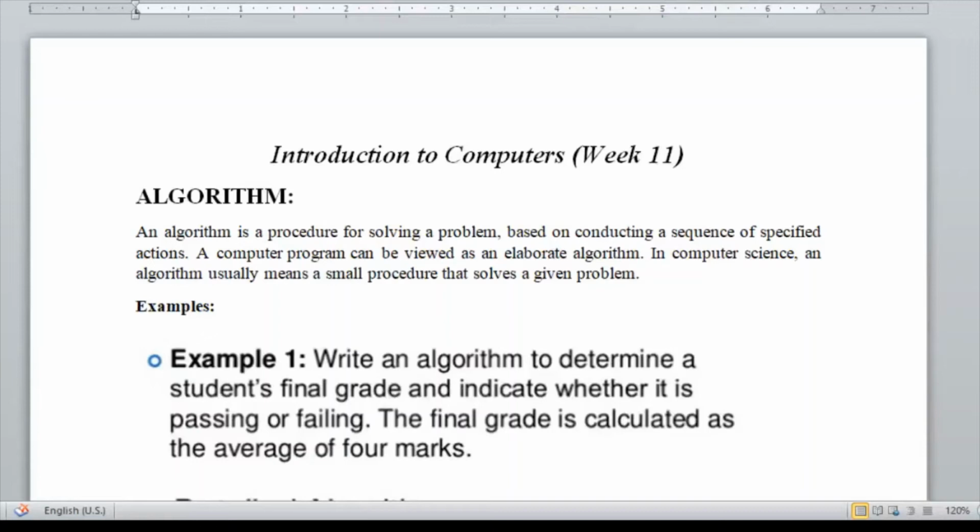Hello everyone, and today we are going to cover a very important topic of computer science, specifically from a programming point of view, and also in general. This topic is basically about algorithms. What is an algorithm? An algorithm is basically a procedure for solving a problem. So whenever we have a problem, the procedure that we follow to solve it is known as an algorithm, and